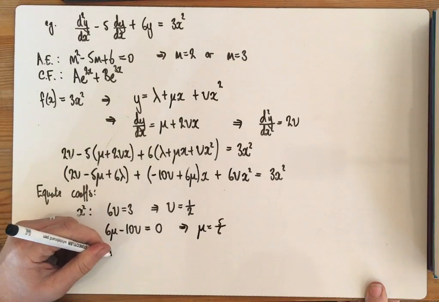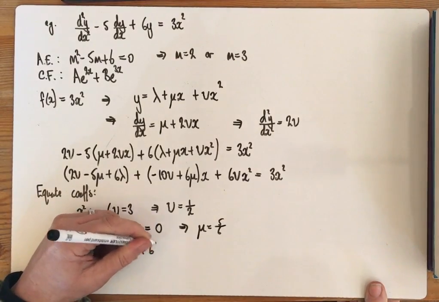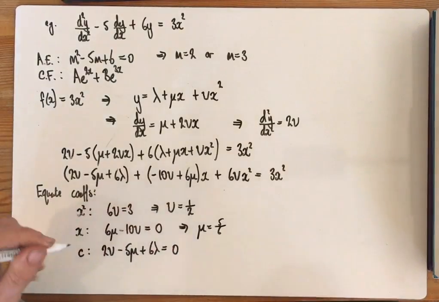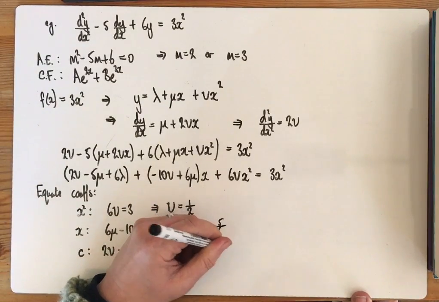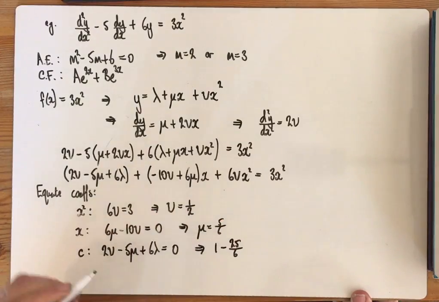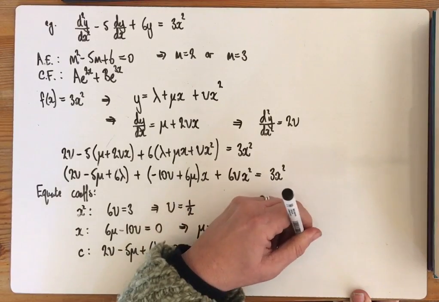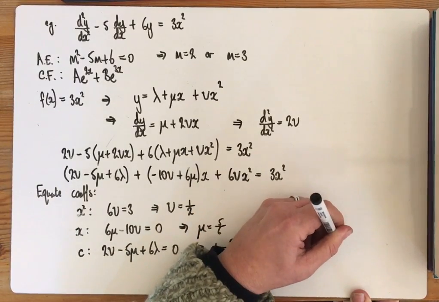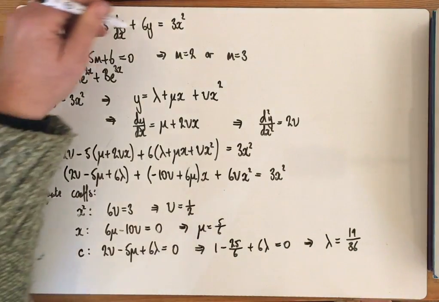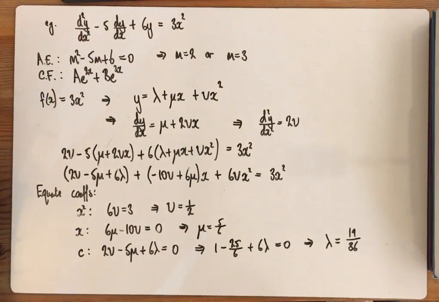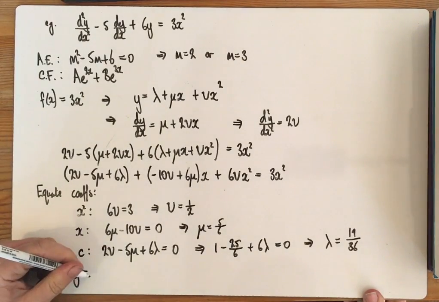So 2 nu minus 5 mu plus 6 lambda is equal to 0, because there's no constant on the right hand side, and so you end up with 1 minus 25 over 6 plus 6 lambda is 0, and lambda comes out as being 19 over 36. And so the solution to this non-homogeneous second order differential equation, the general solution is that y is equal to